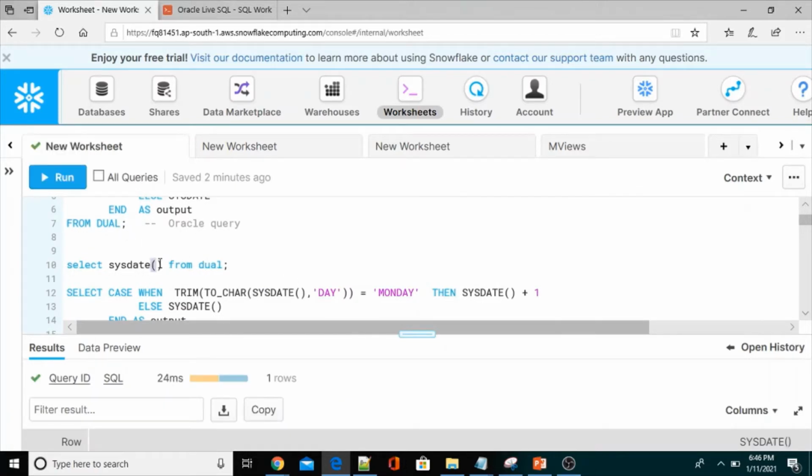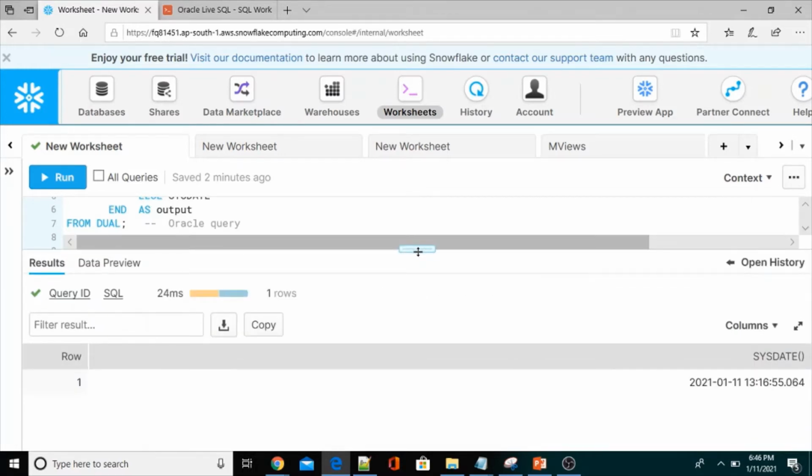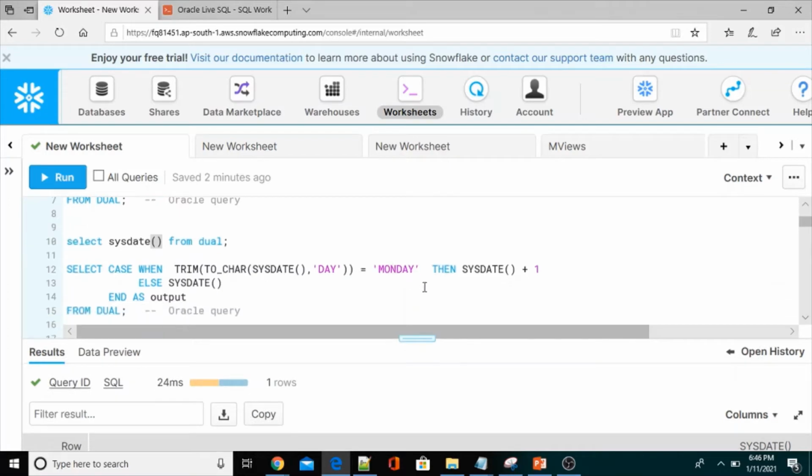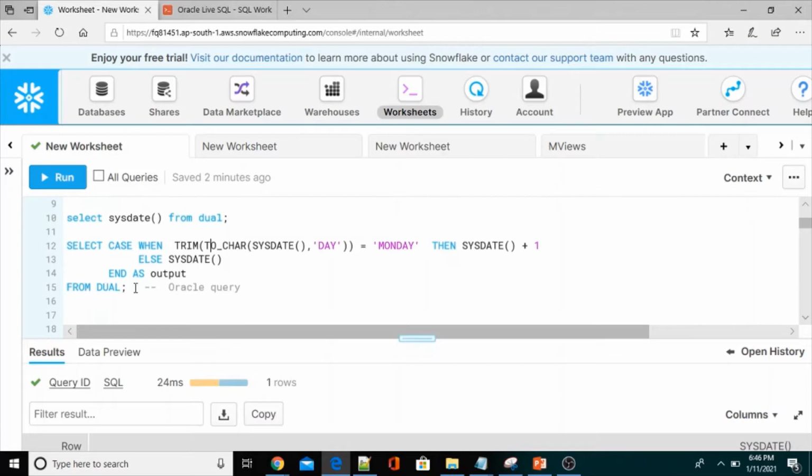See, after adding the parentheses to sysdate, it is working. It returns the date. Now I am going to do the same change to the query and execute it after adding the parentheses to the sysdate function.